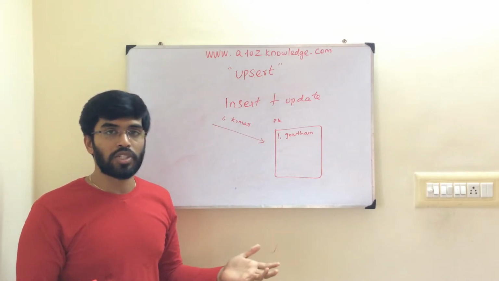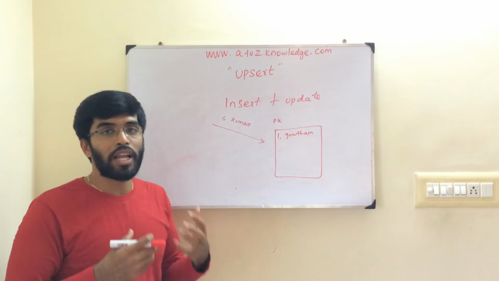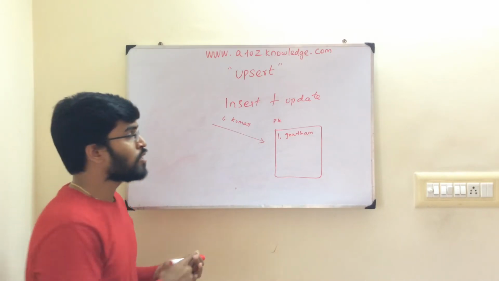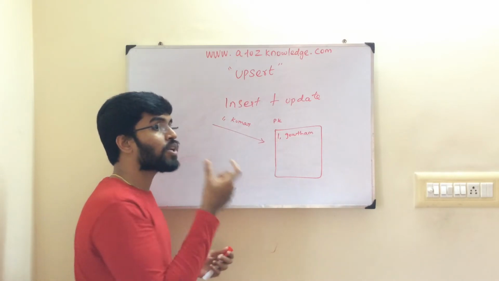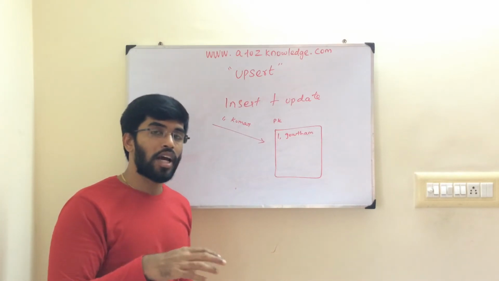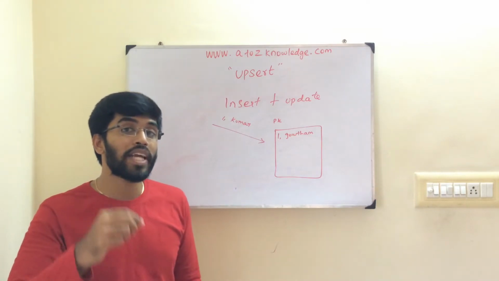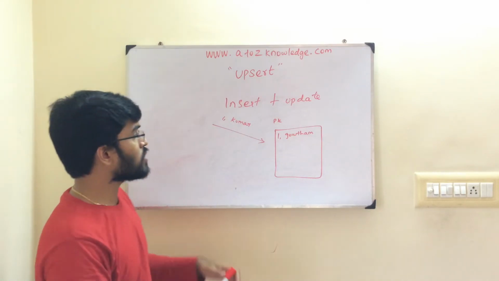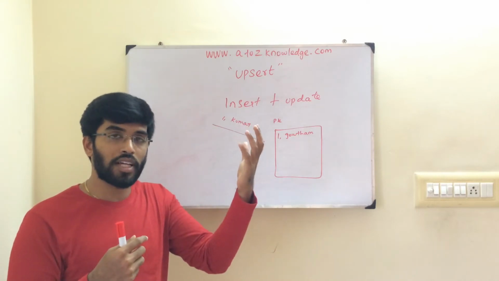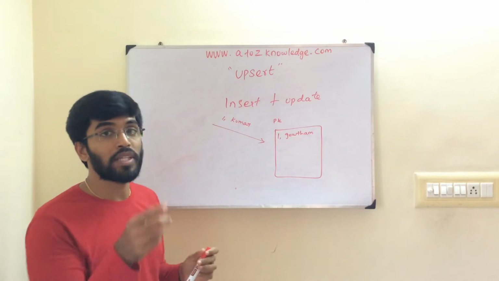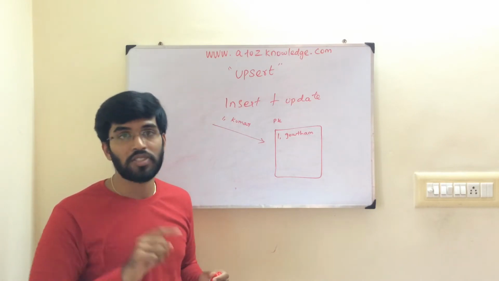In a primary key, the values need to be unique, right? So what is happening here? 1, Gautam is a user who created an account long back and that got inserted here. Now the same user Gautam wants to update his name to Kumar. He is trying to update his name in the UI from Gautam to Kumar. So I am getting a record saying 1, Kumar. That means this record is an update. This is not an insert.